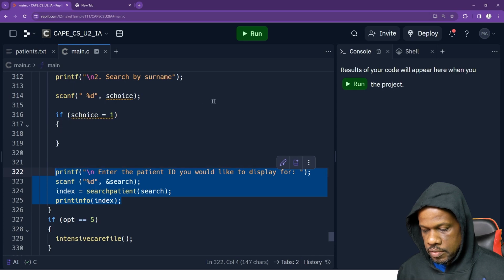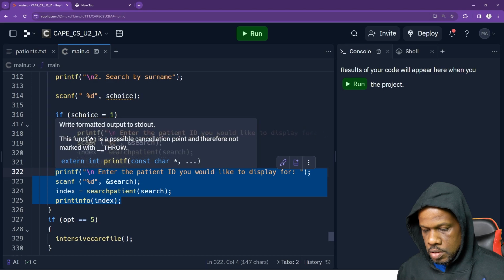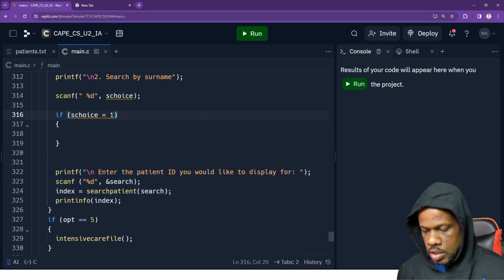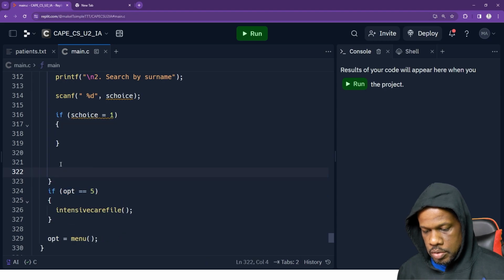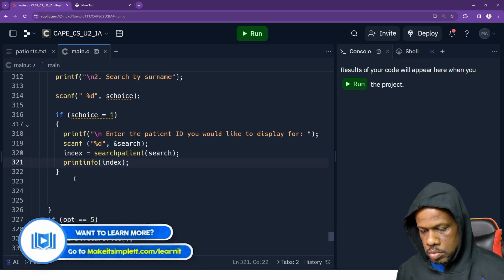So the same function that we have, we just go and put it. We take this, Ctrl X, and put it inside there. Tab, Ctrl V, boom, cool. Else,